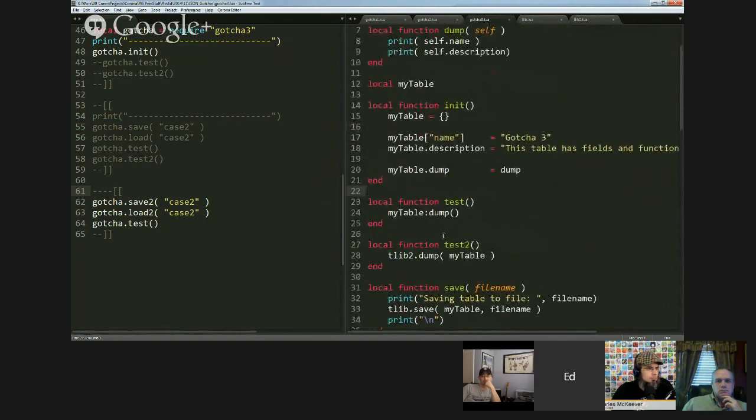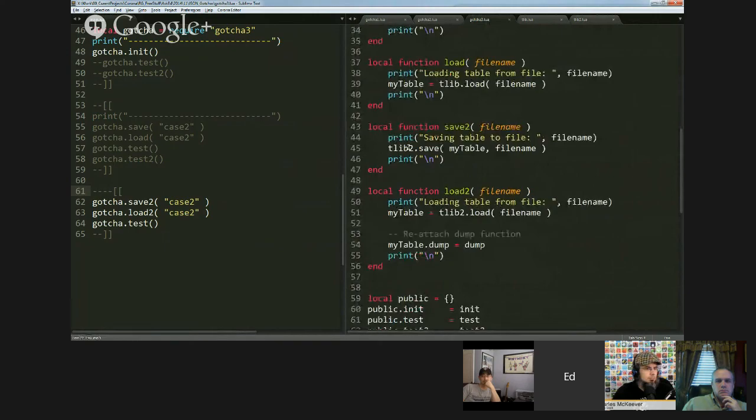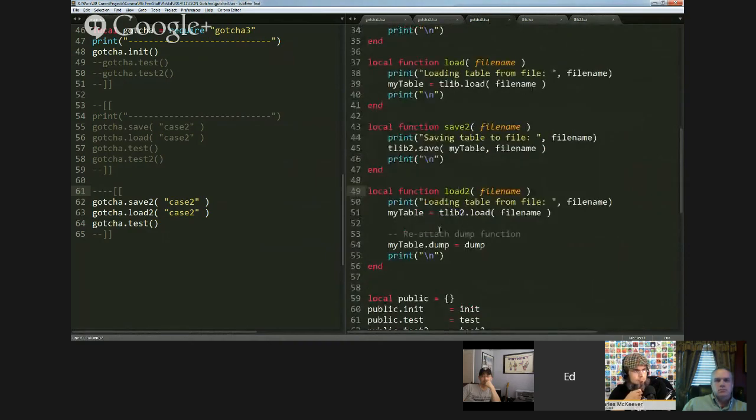So, sorry, save2, where are we? So save2 is using the new version of save, the better version of save. And then in load2, it's using the load from tlib2, which is actually the same as the one in tlib1, but I included it here because I want people to be able to, at the end of the day, say, okay, and just take tlib2 and start using it, so they don't have to assemble anything on their own. So we're going to load it, and then